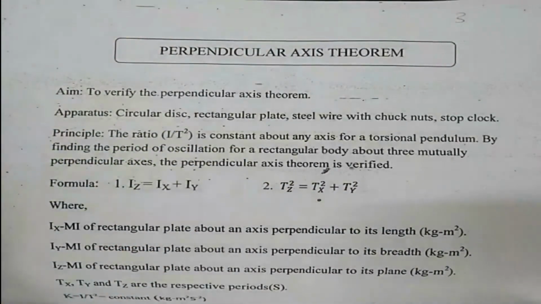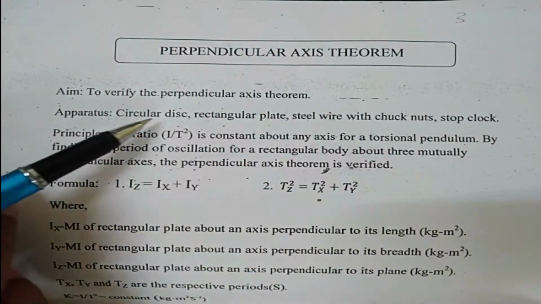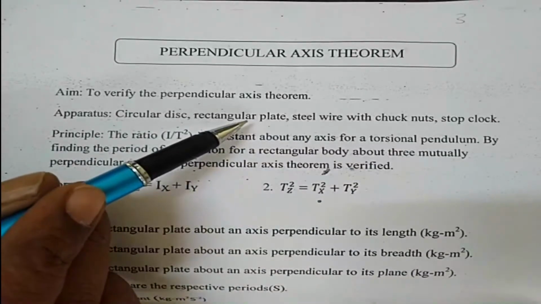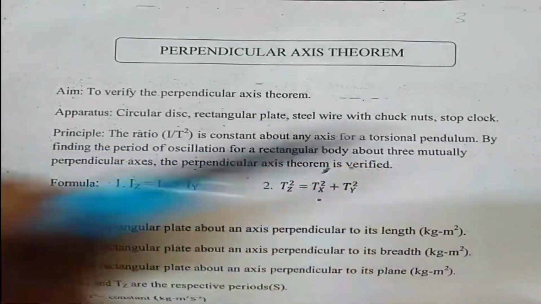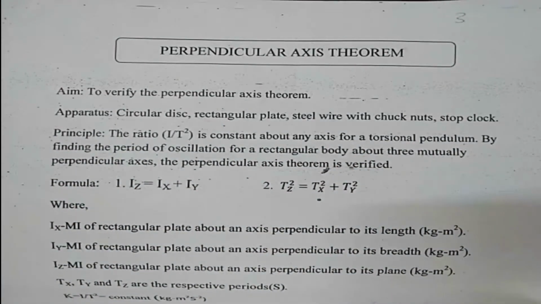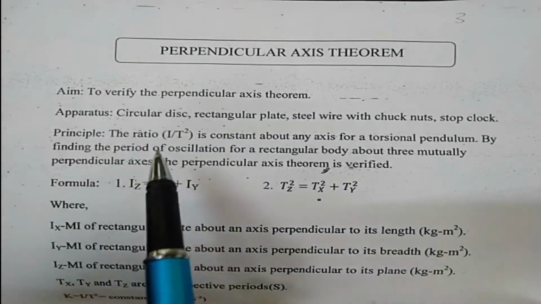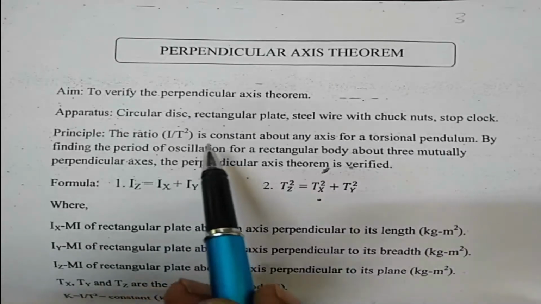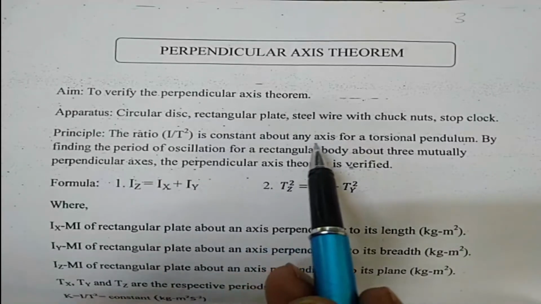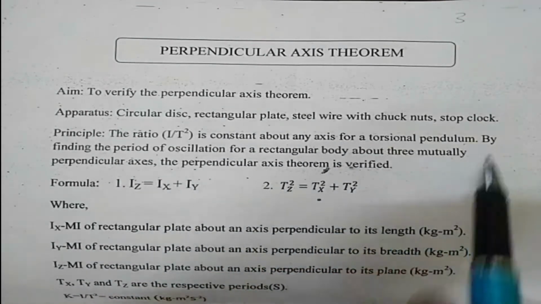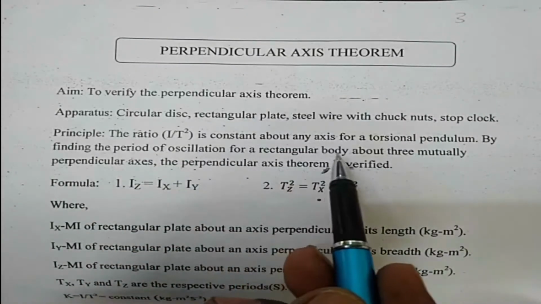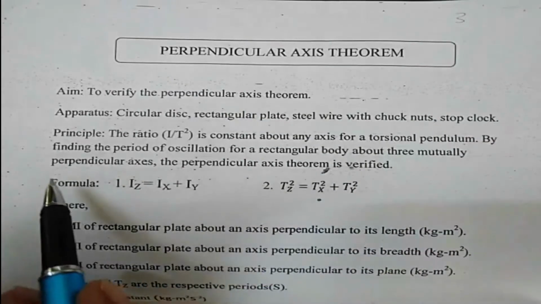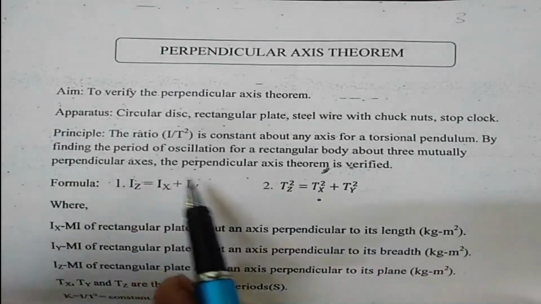We need the apparatuses called circular disc, rectangular plate, steel wire and check nuts, stop clock. So what is the principle of the experiment? The ratio I by t square is constant about any axis for a torsional pendulum. So by finding the period of oscillation for a rectangular body about the three mutually perpendicular axes, the perpendicular axis